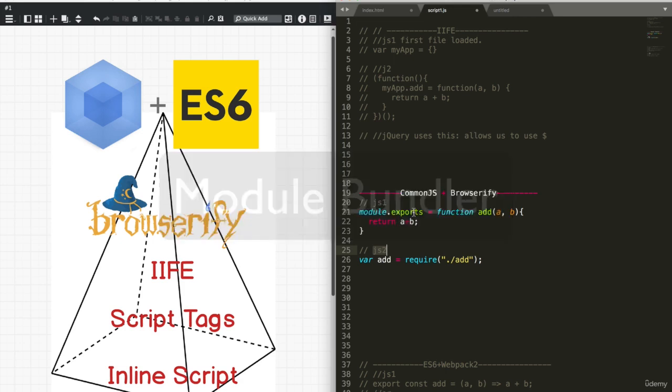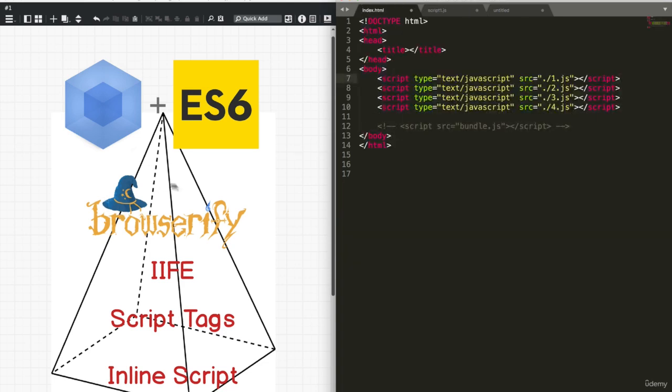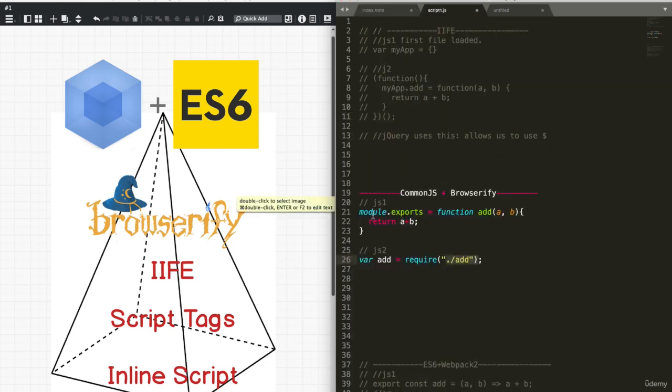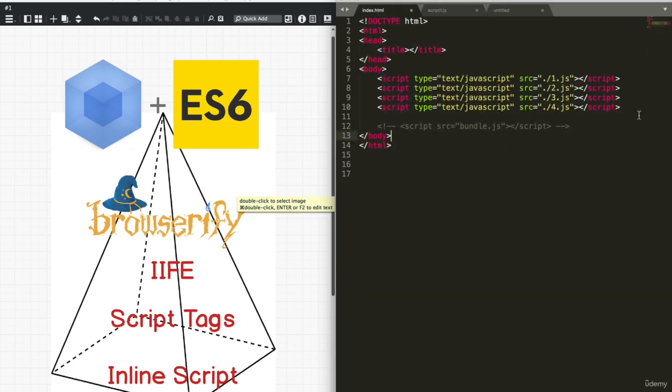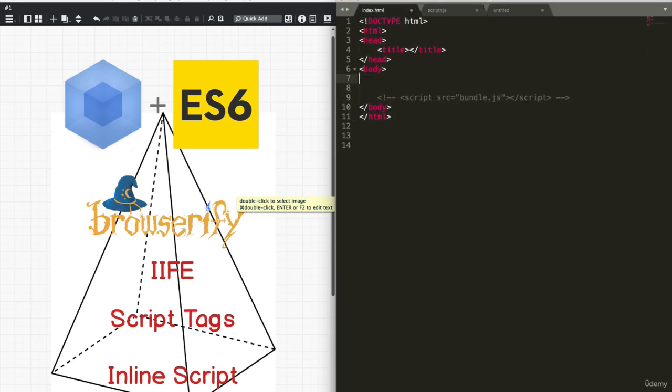Well, it runs before you put the website online. What that means is it reads through all the JavaScript files, reads through all the syntax, and it bundles everything into a single file. Once you run all the files through Browserify, which again is just a simple tool, it allowed us to just dump all our script files into Browserify. And as long as we use the CommonJS syntax like this, it will know what to do and automatically create